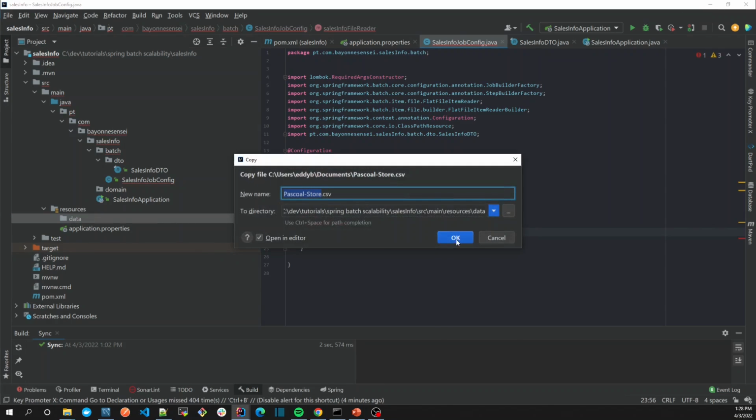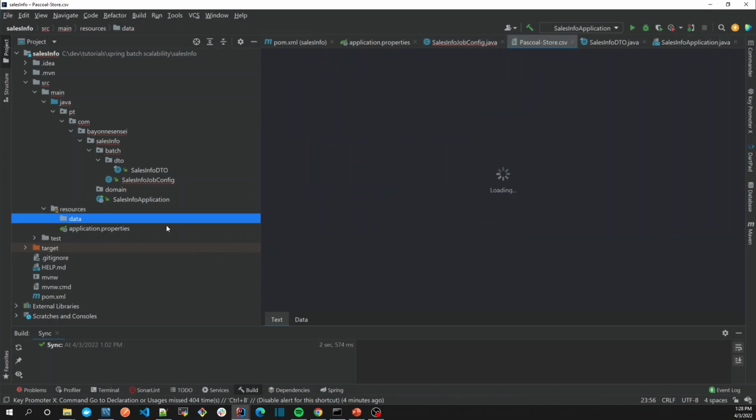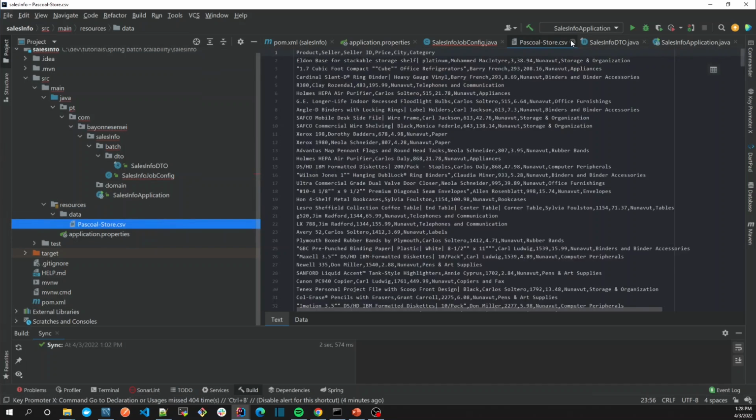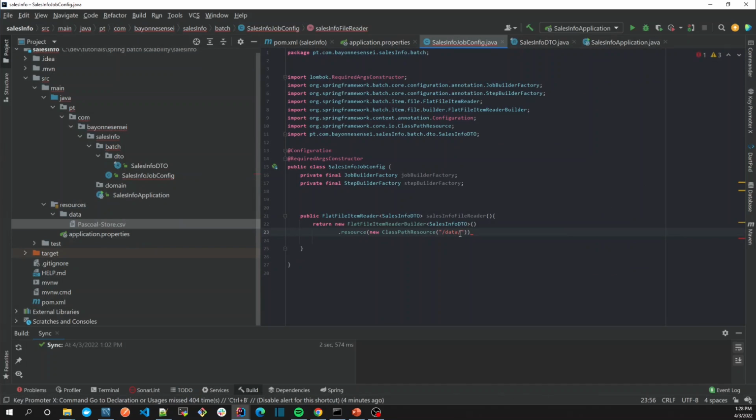So for now, let's keep it simple. Okay, we have it here. As we are reading this store.CSV, it's going to be our resource. So we are reading it from class path. Then we have to give it maybe a name. Okay, let's call it